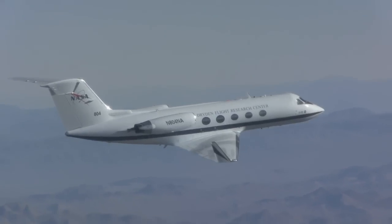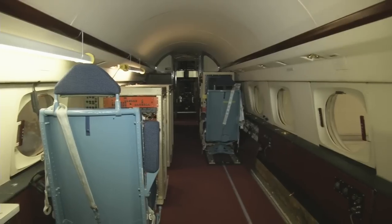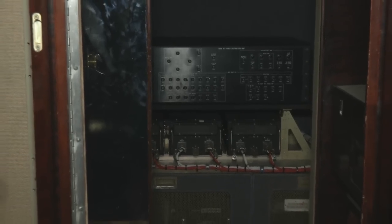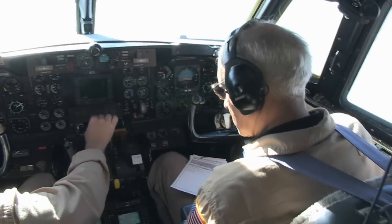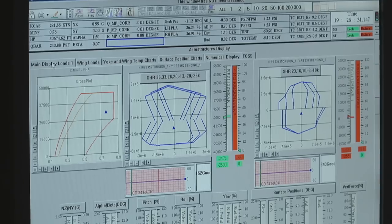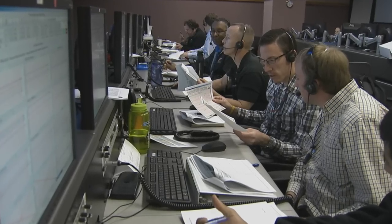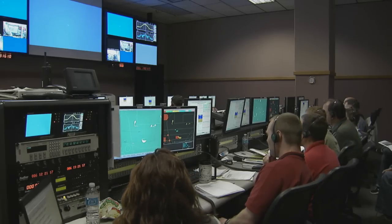So the next step for the NASA researchers is to fly the Flexsys system on the Gulfstream. The entire aircraft has been stripped down and is now a flying test bed. Generally on these types of research flights, there will be a small crew: 2 pilots up front, and several engineers who sit in the back to monitor the data. That same data is also beamed down to the engineers on the ground to validate the wind tunnel and computer models. After all is said and done, this new technology has the potential to be a real game changer in